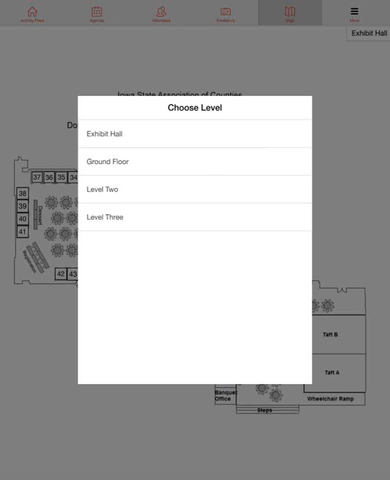The rest of the stuff is pretty self-explanatory. I think we got through most of the stuff that I wanted to show you specifically. The next thing is the Resources tab. What you want to do on the Resources tab is click on it. These are going to be all of the materials that we would have normally handed out in your registration packets during the conference as paper copies, but since we're using the app and making a movement to go green, we've included them in the app instead. As you can see inside of there, there's the annual report and the legislative priorities.